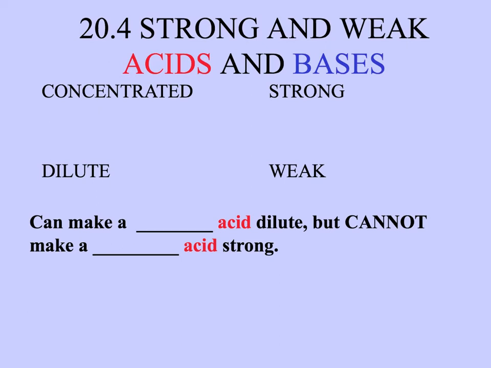Hi everyone, so here we are on the very last section of chapter 20, and this is going over the differences between strong and weak acids and bases. So here I have a few different terms: concentrated, dilute, strong, and weak. These are some terms that we're going to come across in this last section, and you need to know